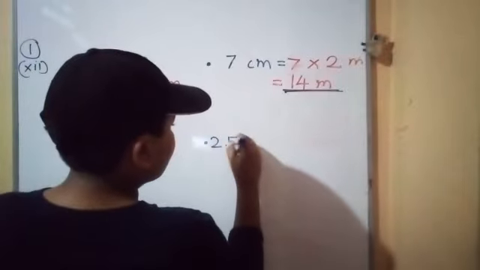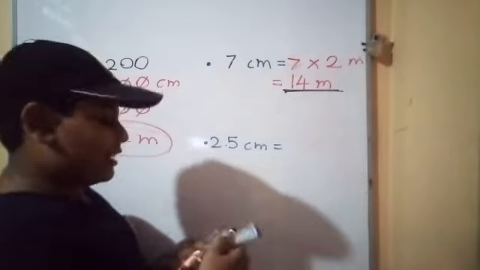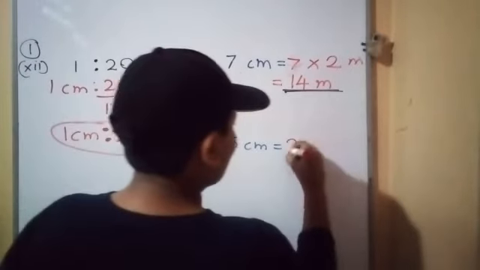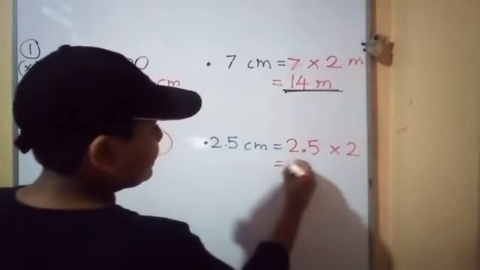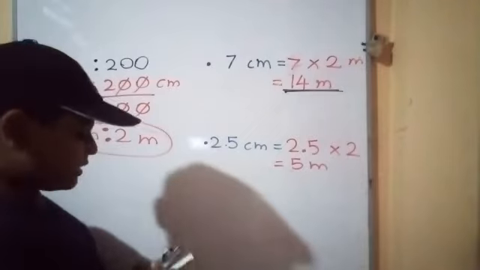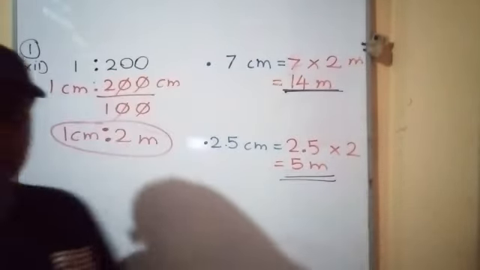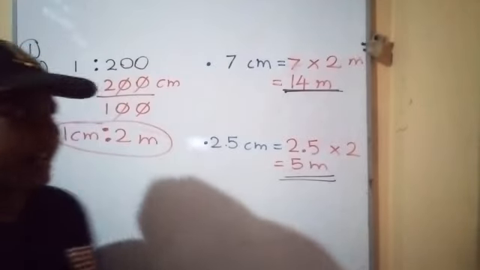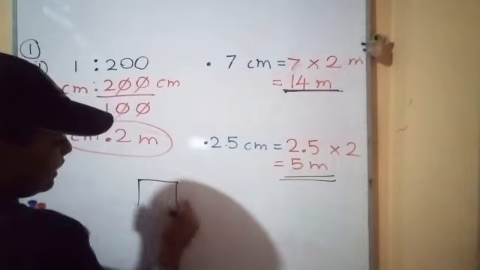Now you get 2.5 centimeters. That means what? They are the same. 2.5 multiplied by 2. What's the answer? 5 meters. Very easily found. In the scale diagram, this is the 7 centimeter and 2.5